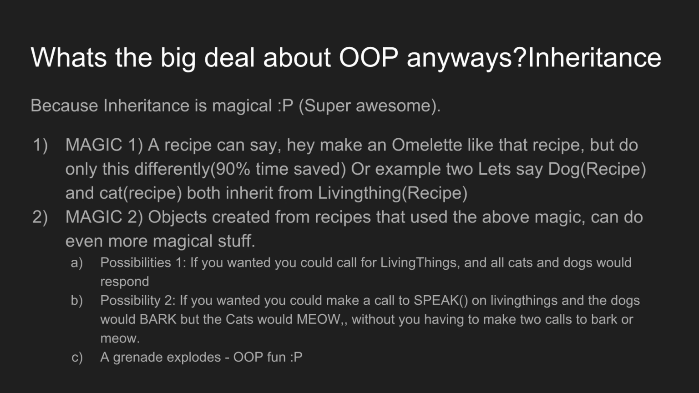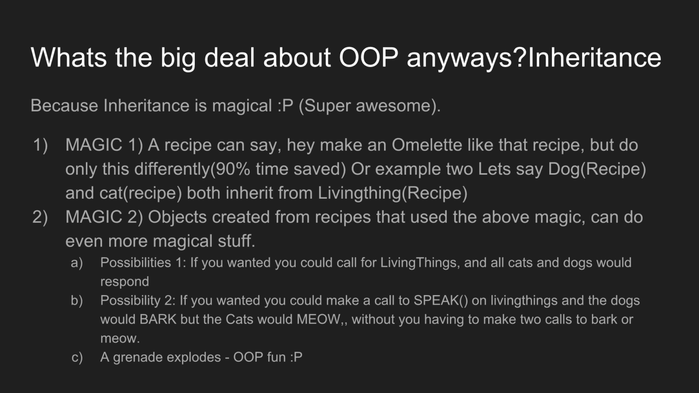Let's say you have a recipe called dog and you have a recipe called cat. Very common examples used mostly, but I'm going to be using them quite more interestingly, I suppose. Anyways, the dog and cat recipes both inherit from the living thing recipe. Okay, now,